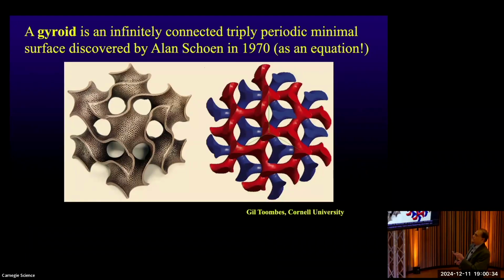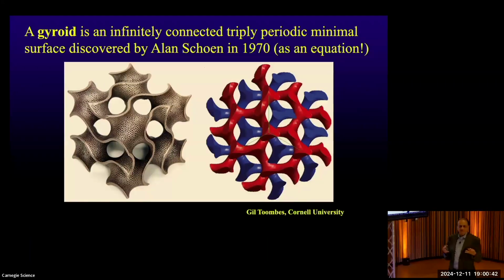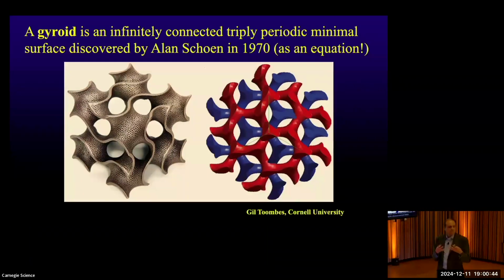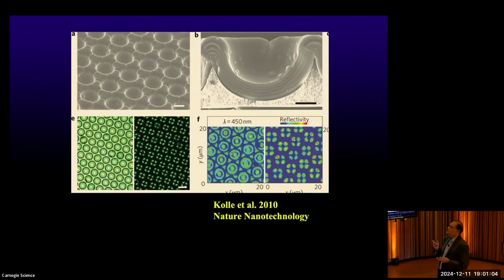So if you were to fly through the spaces here, you would find that there were two non-overlapping spaces. But this was just a set of equations he had that defined this. And then people discovered that this structure exists in the real world inside of the scale of these green butterflies. And when it's made at just the right size, it gives constructive interference of green light. And it turns out that 3 completely separate lineages of butterflies have evolved this exact same structure to solve the problem of how to be green. So it's a really fantastic solution to the problem.